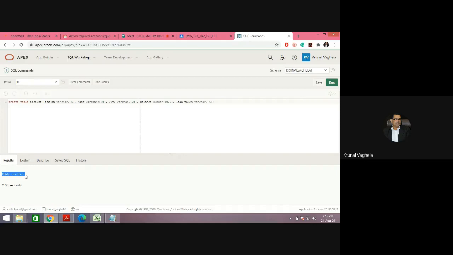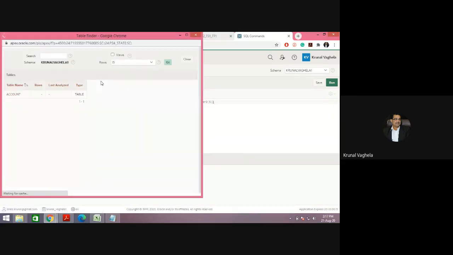Now, how can you know whether my table is created or not? There are 2-3 ways. Number one, here is the button find tables. Whatever tables you have created, you can find from here. Find tables. See, account. We have just created the table account.